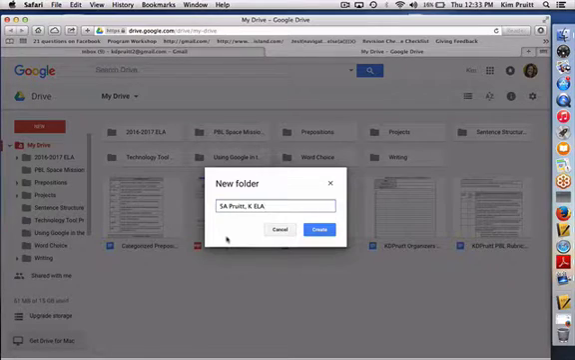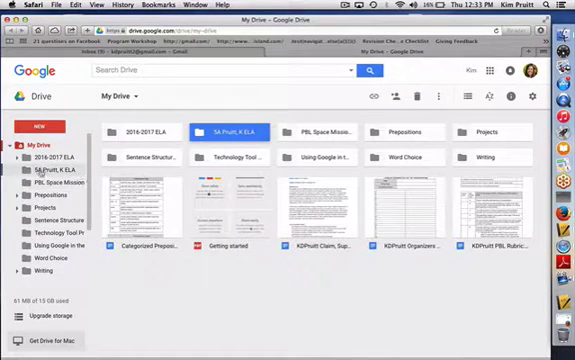So the names on the folders here will automatically alphabetize, and it's easier for the teacher to locate you by last name and then subject area. So I'm going to hit create. And notice how this comes over here, and it does alphabetize according to the other folders that I already have